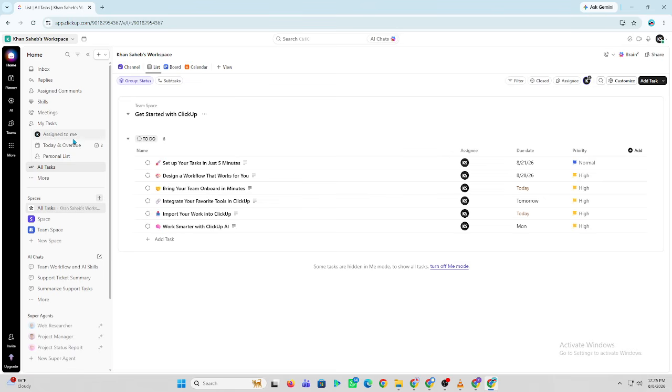Next, organize your dashboards by keeping only the most important reports and removing unused dashboard cards. Keep your ClickUp app updated and use a stable internet connection for the